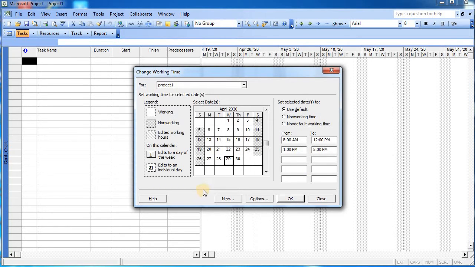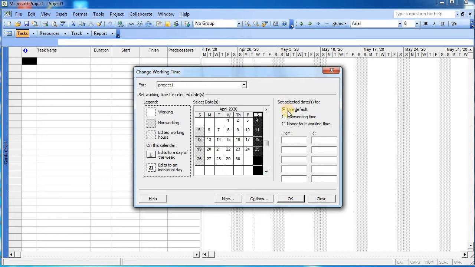And now you want to make the changes in the working days. So I will not click in this section because this will select individual days. Rather, I will click on the upper section where the days are given. Monday, Tuesday, Wednesday, Thursday and Friday are already working. Now I want even Saturday to be working. So I will click on Saturday, and all the days under the Saturday column will be selected.